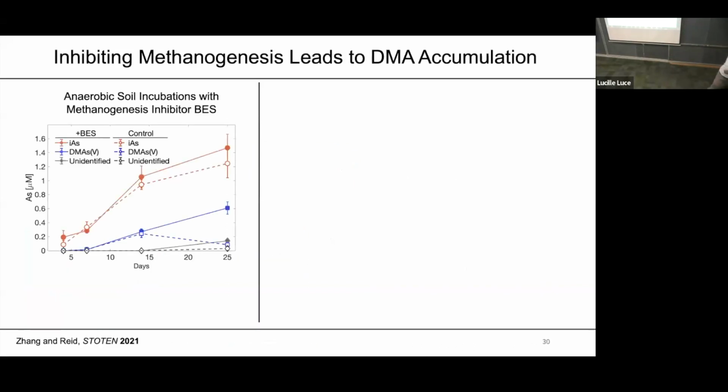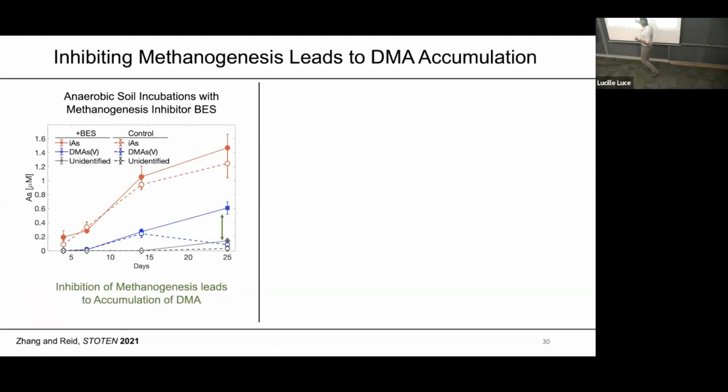So we accidentally came across this interesting finding where we were using metabolic inhibition, inhibiting methanogenesis, to try to understand: do methanogens play a role in arsenic methylation? So we used this methanogenic inhibitor called BES. And what we saw here was that